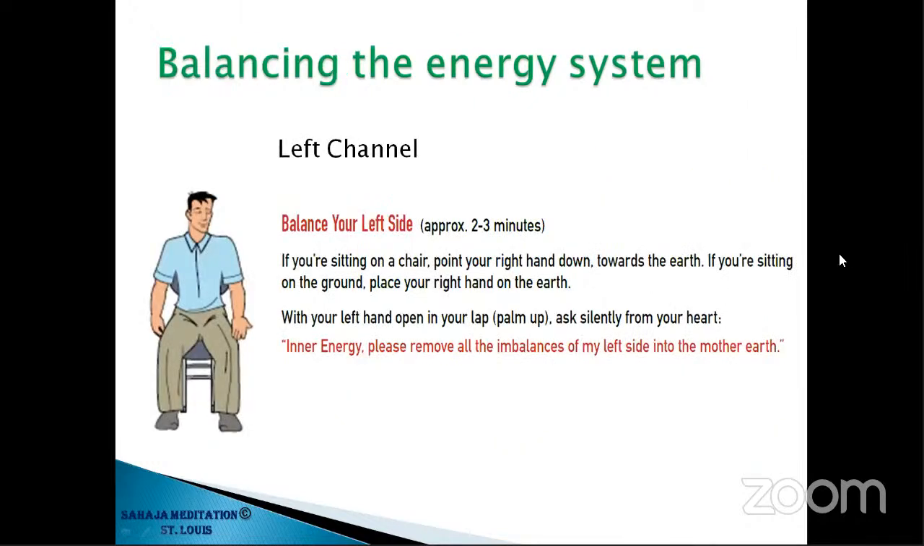Now we will balance our energy system, starting with our left channel. Bring your right hand toward the floor or on the floor. Here we will request our inner energy. Mother, please balance my left channel. Please